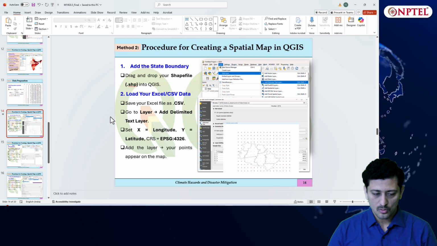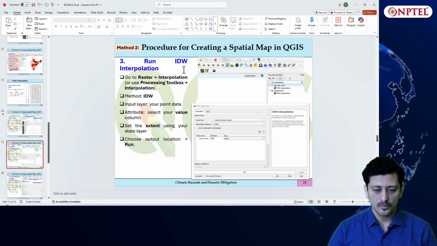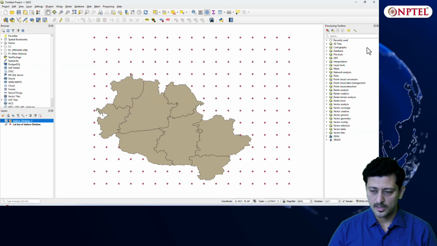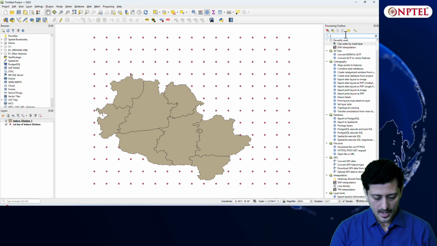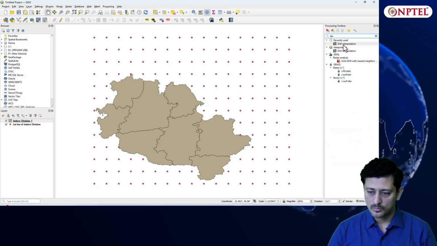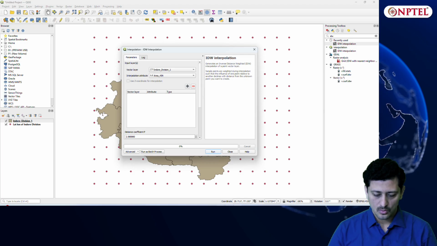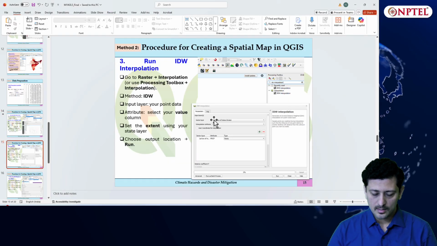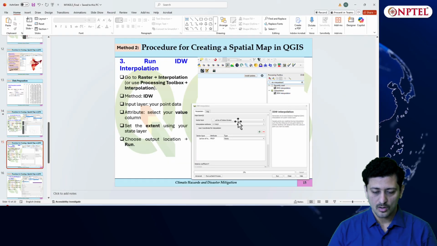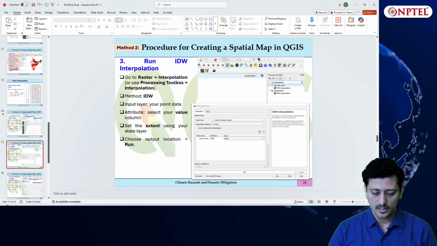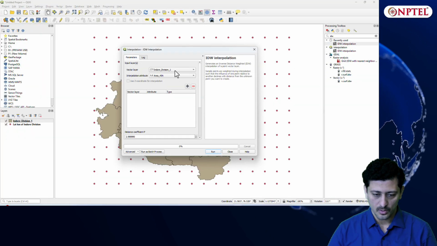Now what next I have to do, I'll perform the IDW interpolation. For IDW interpolation, I'll search IDW in the processing toolbox and double click on it. This window opens. In this I'll select the vector layer as lat long of Indore division, and select the interpolation attribute which I want to interpolate.